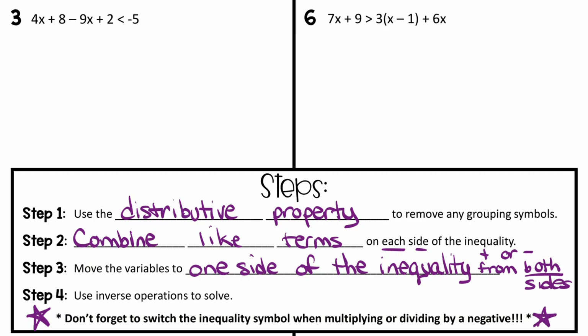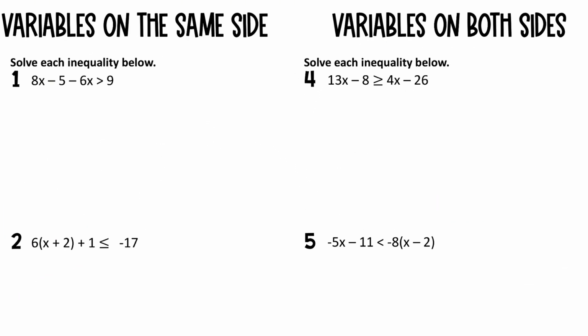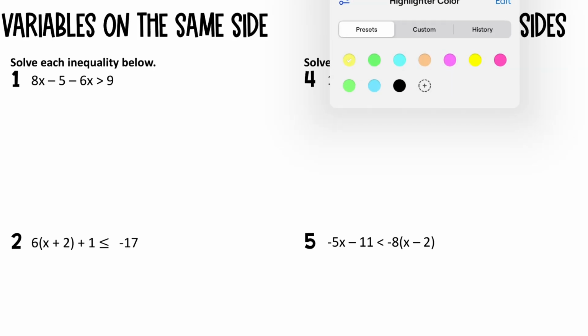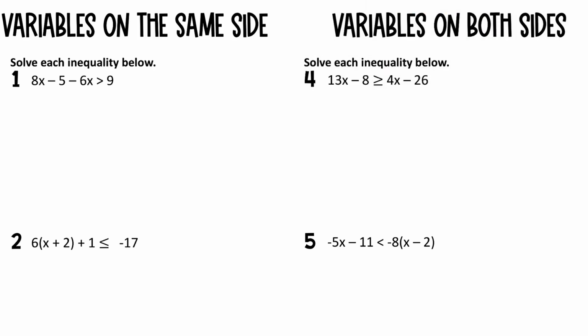dividing by a negative. We're going to start with the easiest type, variables on the same side on the left and both sides on the right. So the first thing that you want to do, no matter what, is to somehow indicate where that inequality symbol is. Going to be super important. So what we do not have here is a distributive property. However, we have